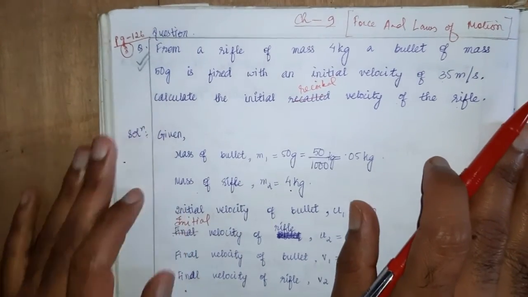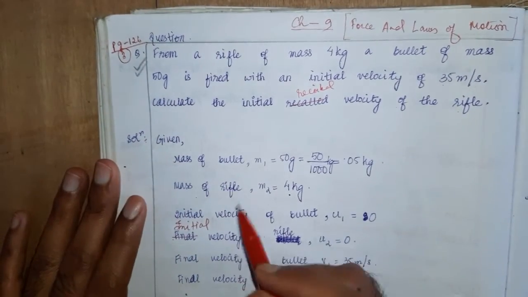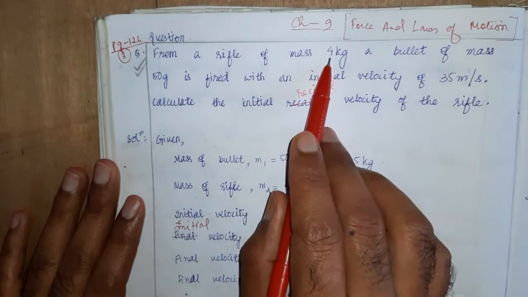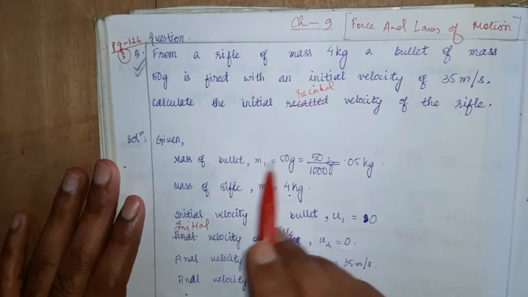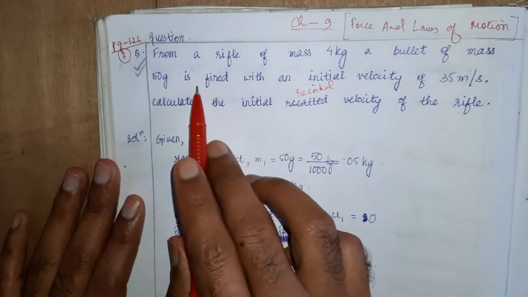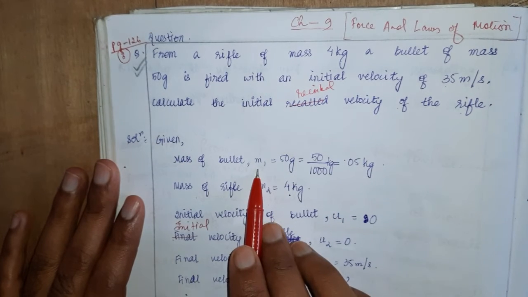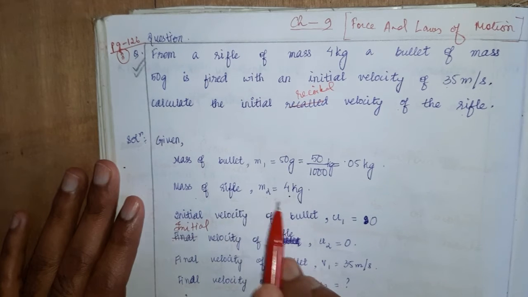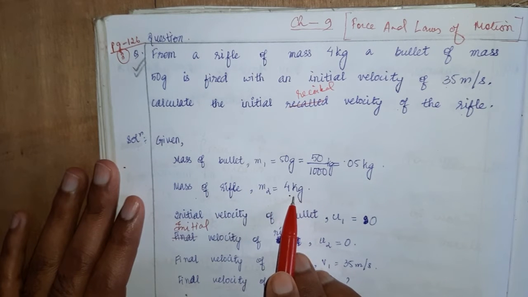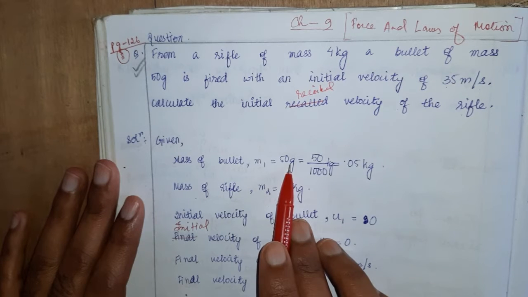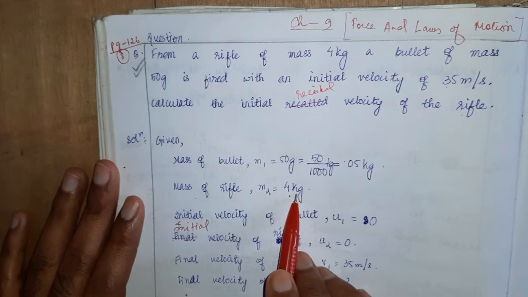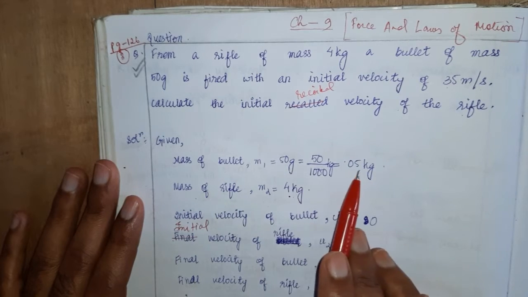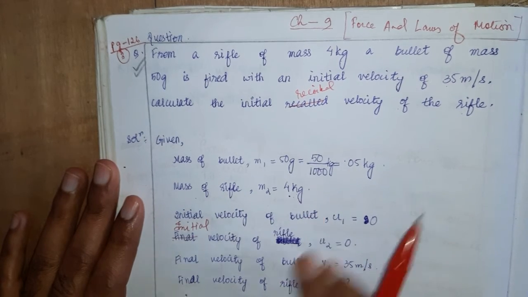So let us denote the mass of the bullet by m1, 50 gram given. Mass of the rifle by m2, 4 kg. Now since one mass is in gram and the other is in kg, we have to make the unit same. We have to convert this mass also in kilogram